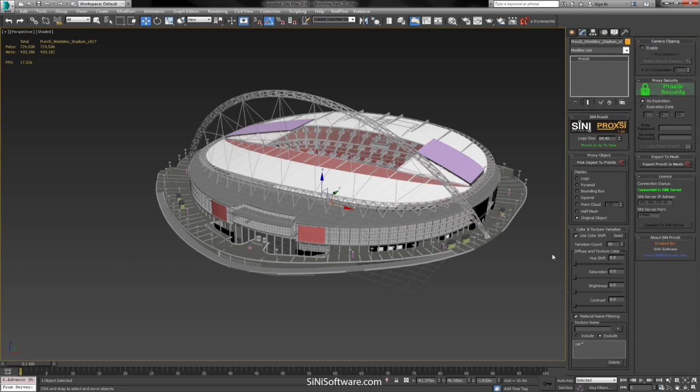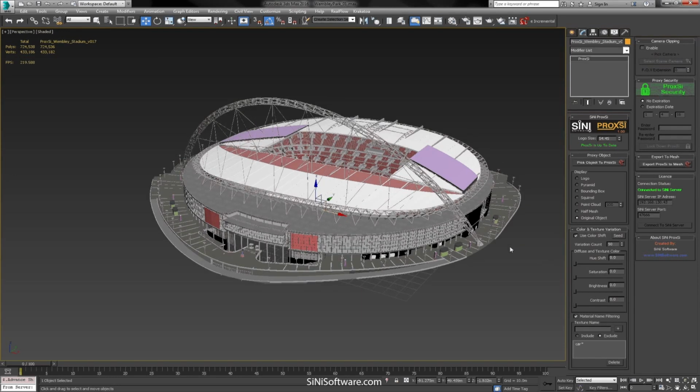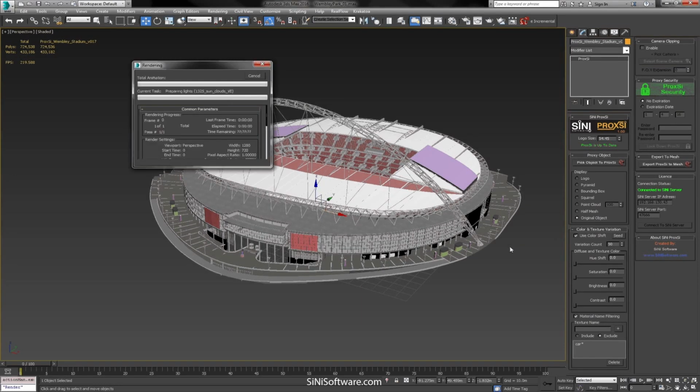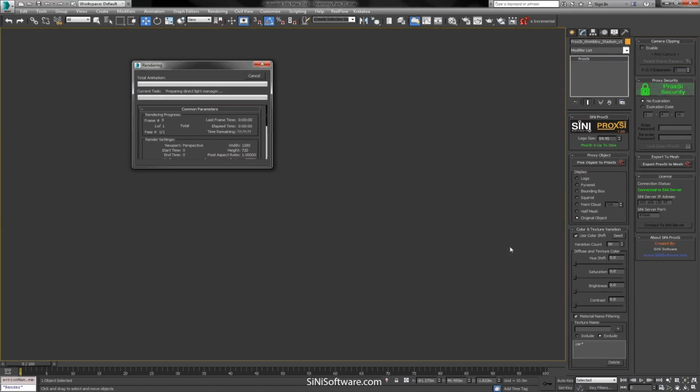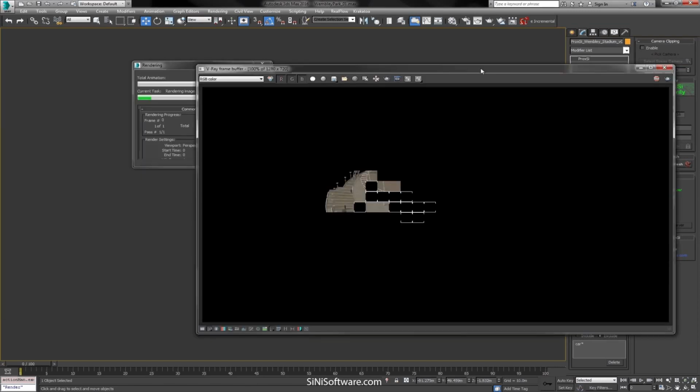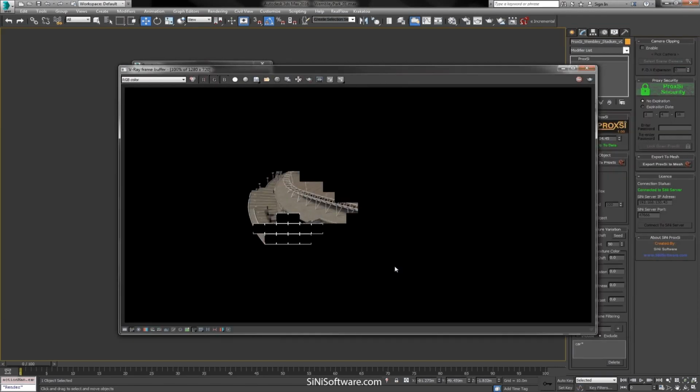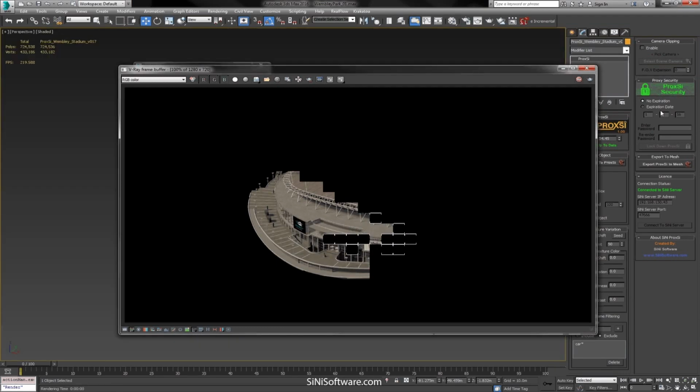Getting to our security part. So if I was to just take this and render this guy out now, I have an HDRI in the background, so it's gonna think about that for a second. There we go. Okay, so this will render out normally, just look perfect for what you needed to get it into your scene. I'm just gonna cancel this a second,